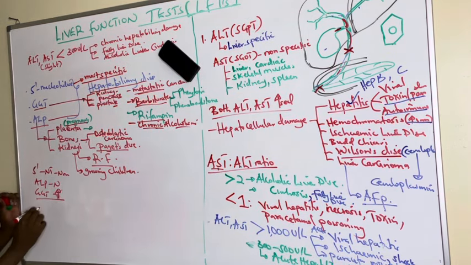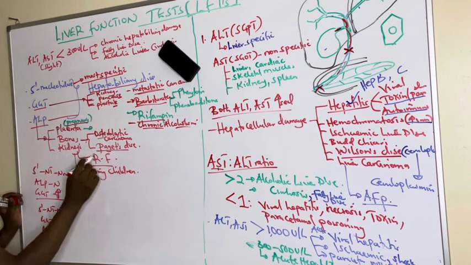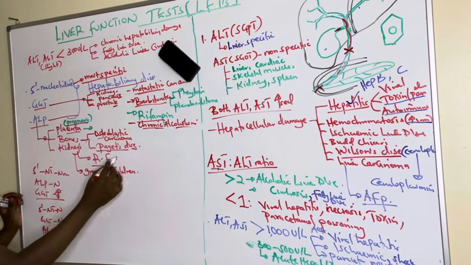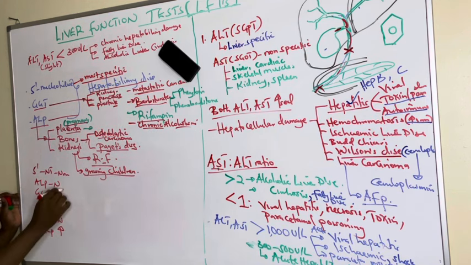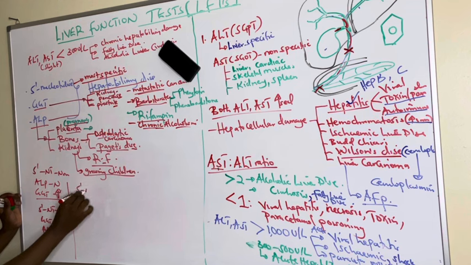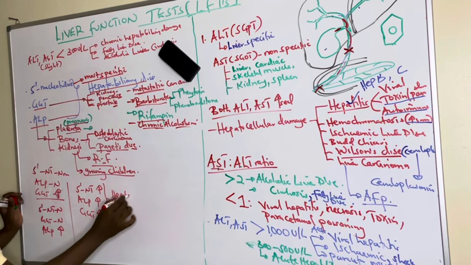And whenever I find 5' nucleotidase is normal, then GGT is also normal, and alkaline phosphatase is the only one which is high, here I suspect it is osteoblastic carcinoma, pregnancy, Paget's disease, renal failure, and growing children. But if I find all of them elevated, 5' nucleotidase is high, ALP is high, and GGT is high, this one confirms hepatobiliary diseases,